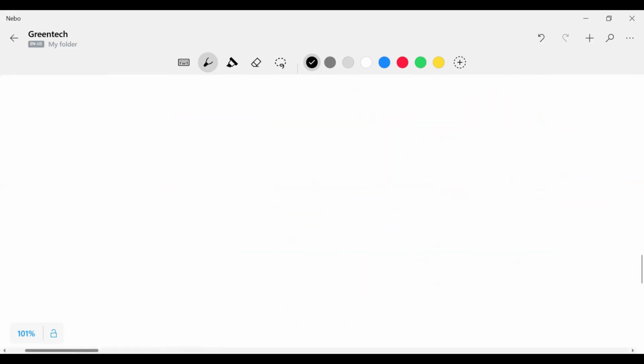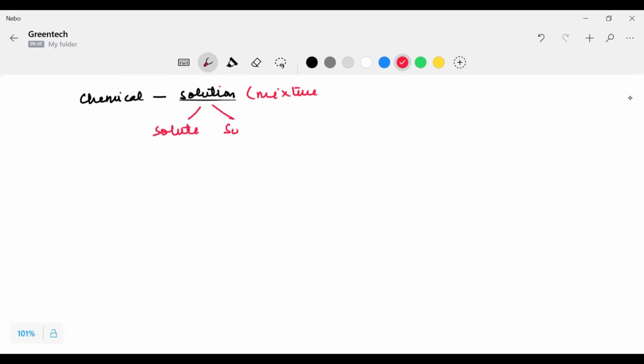Now I'm moving on to the next bit of this particular chapter, and that is basically moles in solution. We do agree that in the chemistry lab we work with a lot of chemicals which are basically in the form of solutions. Am I right? So we talk about a lot of solutions. Now, if we talk about solutions, then the solution is actually a mixture which is made up of two parts. One part is known as solute and the other part is known as solvent.